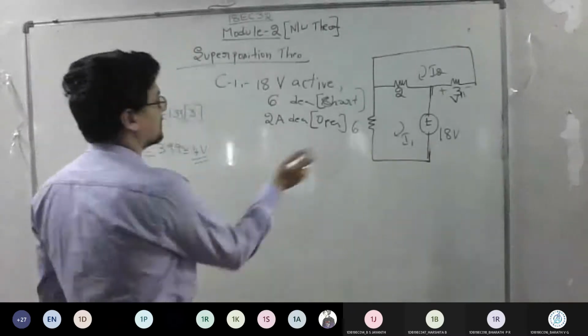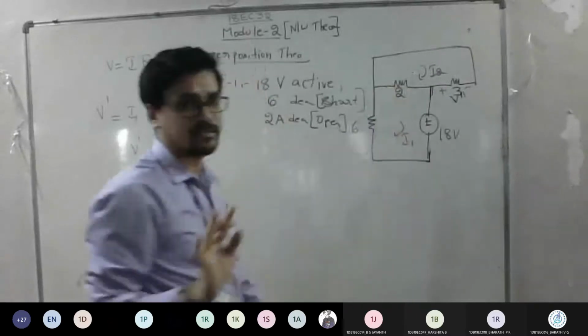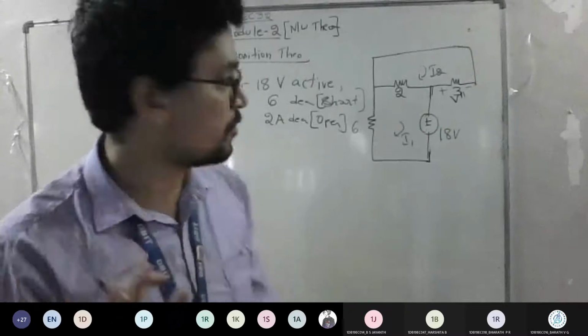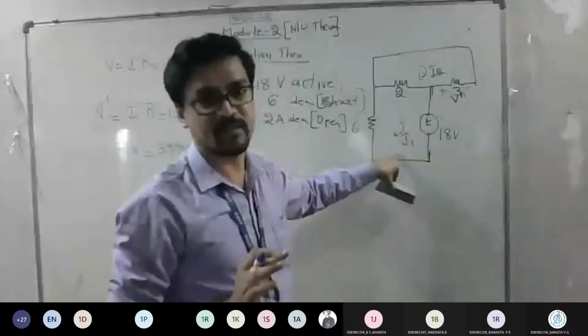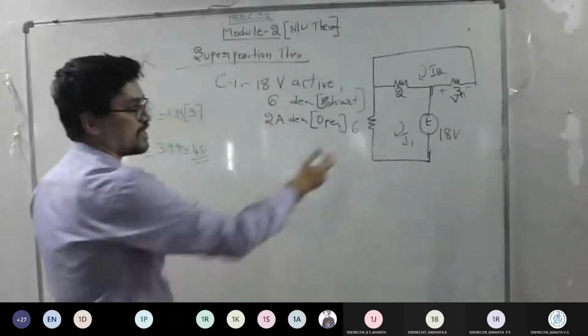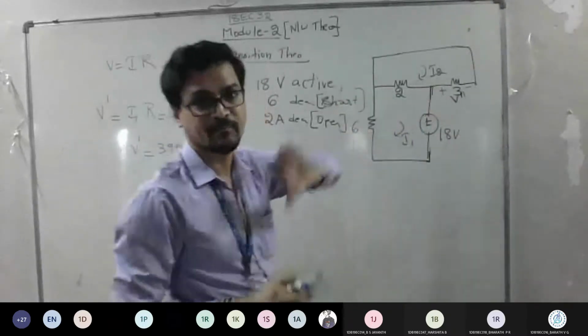So applying KVL for the first mesh. See, I told you to take I1 or I2, it's left to you. The way we apply I1 is where the battery is, that is I1, that's all. Now the battery is here, that's why I gave I1 here, because this is a junction where the current flows. You can take I2 also, not a problem. Ultimately I want the current across this, that's it.